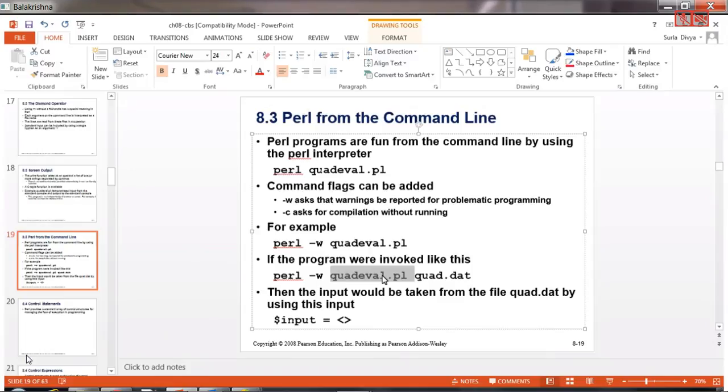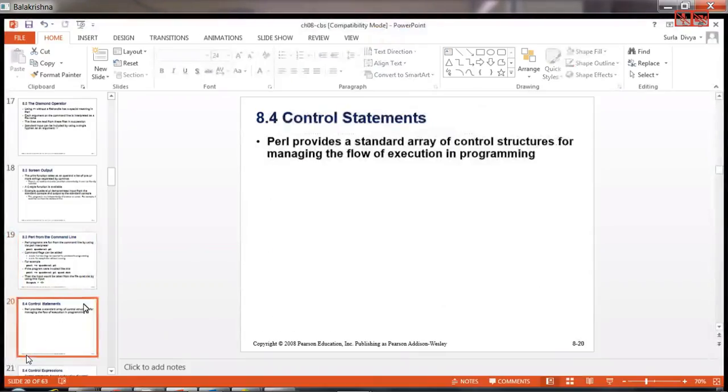As I told you in an example earlier, like a students.txt file or students.dat file, some data file, you can give that as an input to your program based on your logic so that it will accept this file. Whenever you are giving a file like this as an input to your Perl file, you have to make sure that you are handling this file internally as a file handle. How you do that, we'll see later when we discuss files.